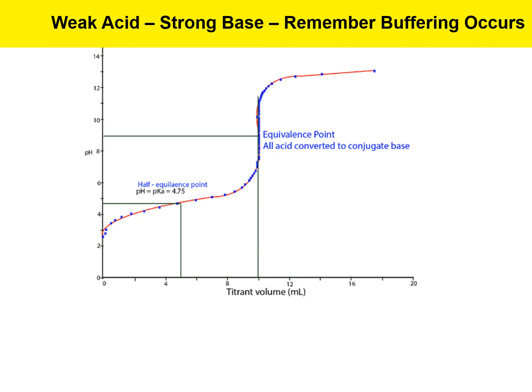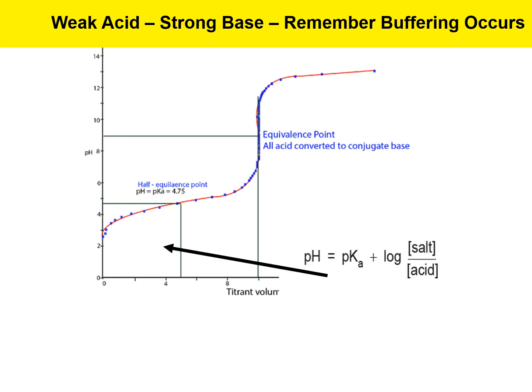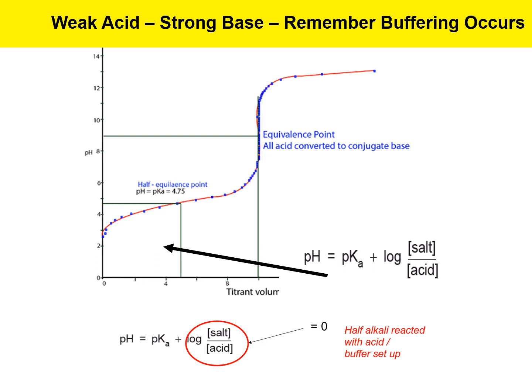We need to remember when we look at a weak acid strong base titration curve that we can have buffering occurring. Previously we have seen that a weak acid can react with sodium hydroxide or potassium hydroxide to produce a conjugate base in situ. So when we carry out this titration curve, what we will find is when we have added half our amount of alkali, we will have a situation where our concentration of salt and concentration of acid will be the same, which means the pH will equal the pKa when half the alkali has reacted with the